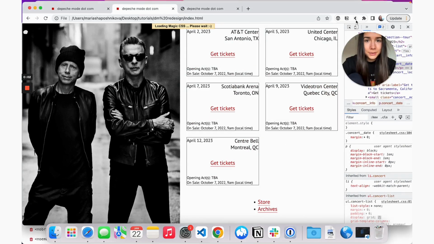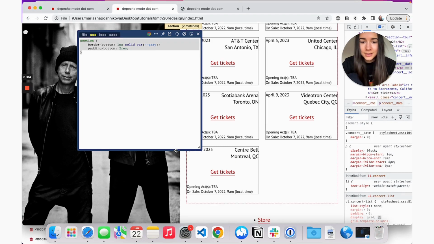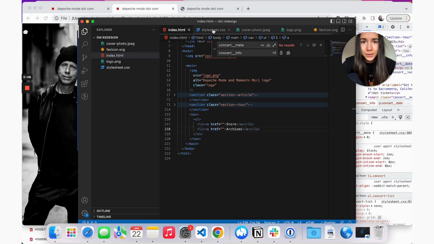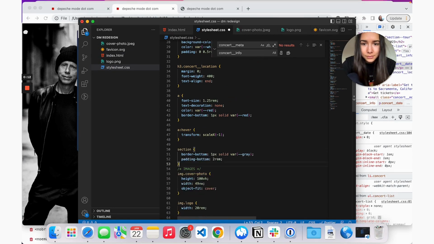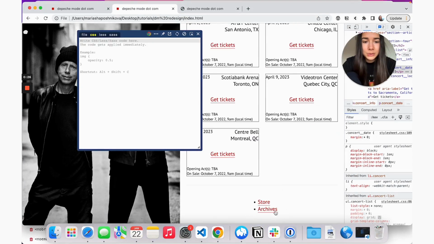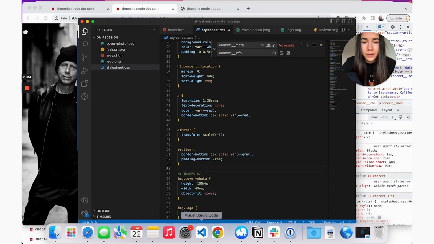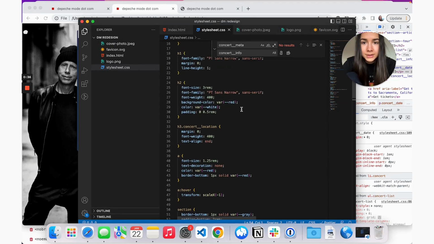So from here, first let's actually take this section stuff here and copy it over to our style sheet. And now we can do styling for our navigation. So actually, the first thing I'm going to do is modify our unordered list settings.